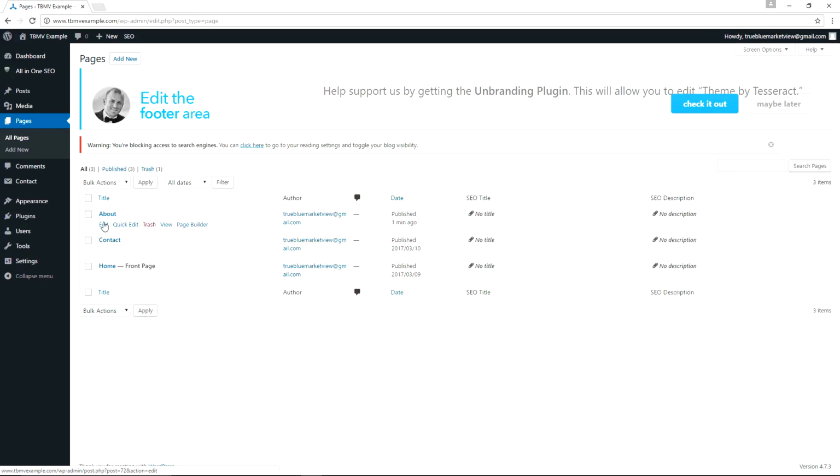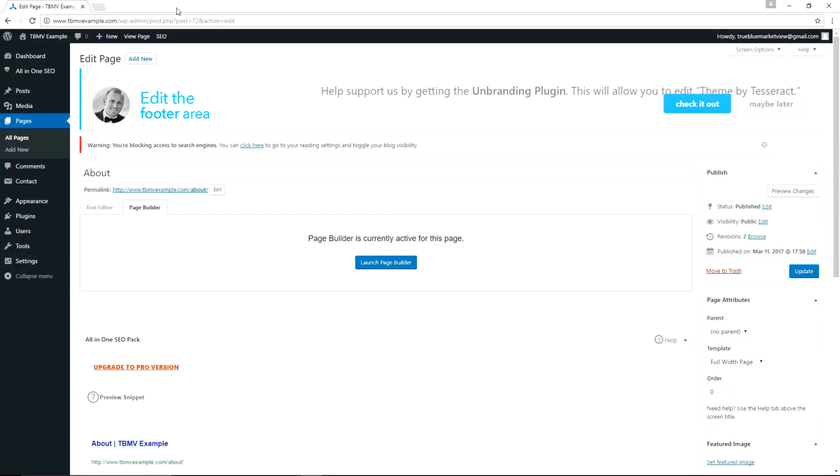And we just want to double check our permalink, or in other words, the URL for our About page. So remember, anytime you create a post or a page, you want to check your permalink and set it to what you want it to be by clicking Edit if it isn't already what you want it to be. All right, so now let's go over to